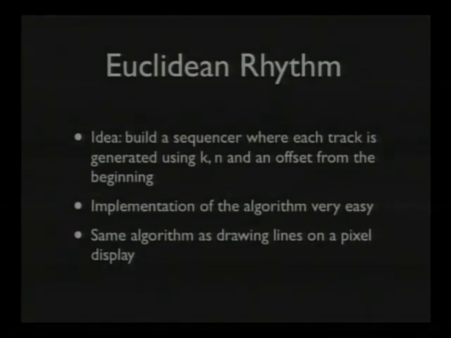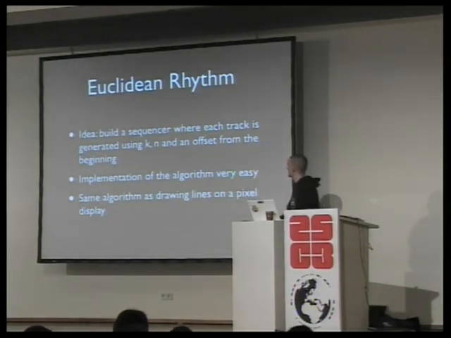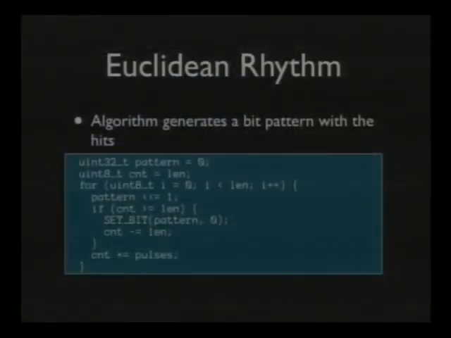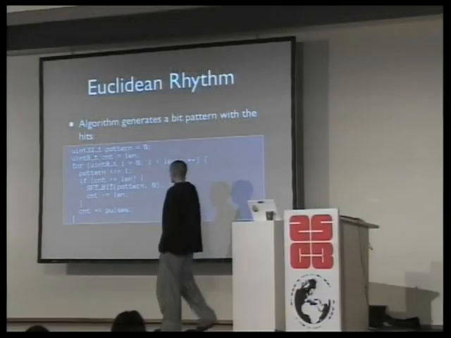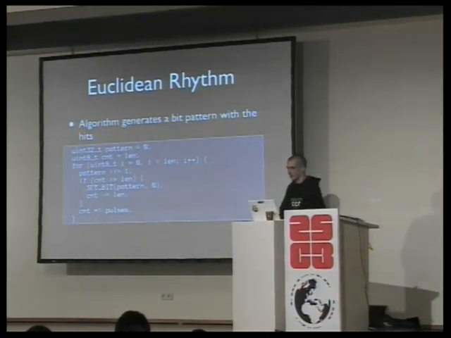And the implementation of that algorithm is very easy. In the paper, you have a way to calculate it by hand. But if you actually program it on a computer, the simplest way to distribute these K pulses over N is just to divide N by K and then count it up. So the algorithm itself just looks like this. You have a pattern with 32 bits, for example. The longest one is 32. And then you just increment that counter and set the bit if it overflows. So that's written in fixed point arithmetic because it's on the microcontroller. But it's really simple. It doesn't need a lot of CPU time, and there's good fun with it.